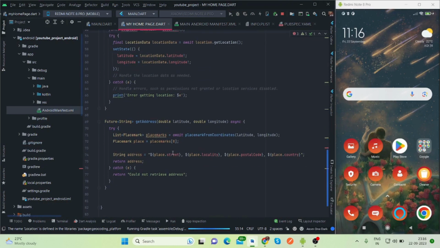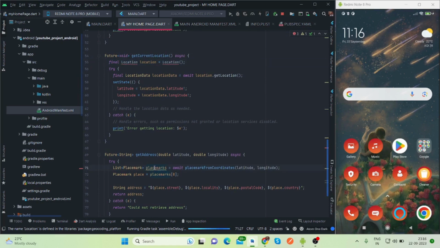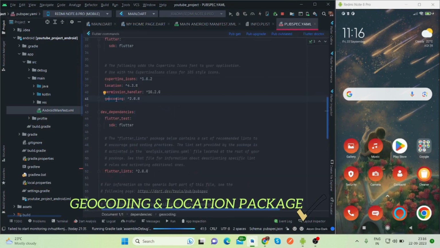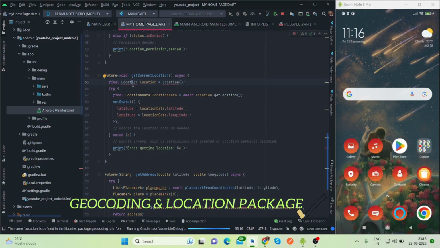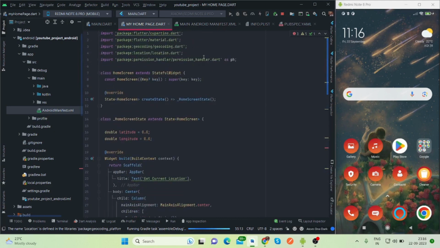Actually the error is this Placemarks, this location is available in both the packages. Both the packages means geocoding and permission handler. So I will have to add an extra prefix. So how can we add that? Let's see, as